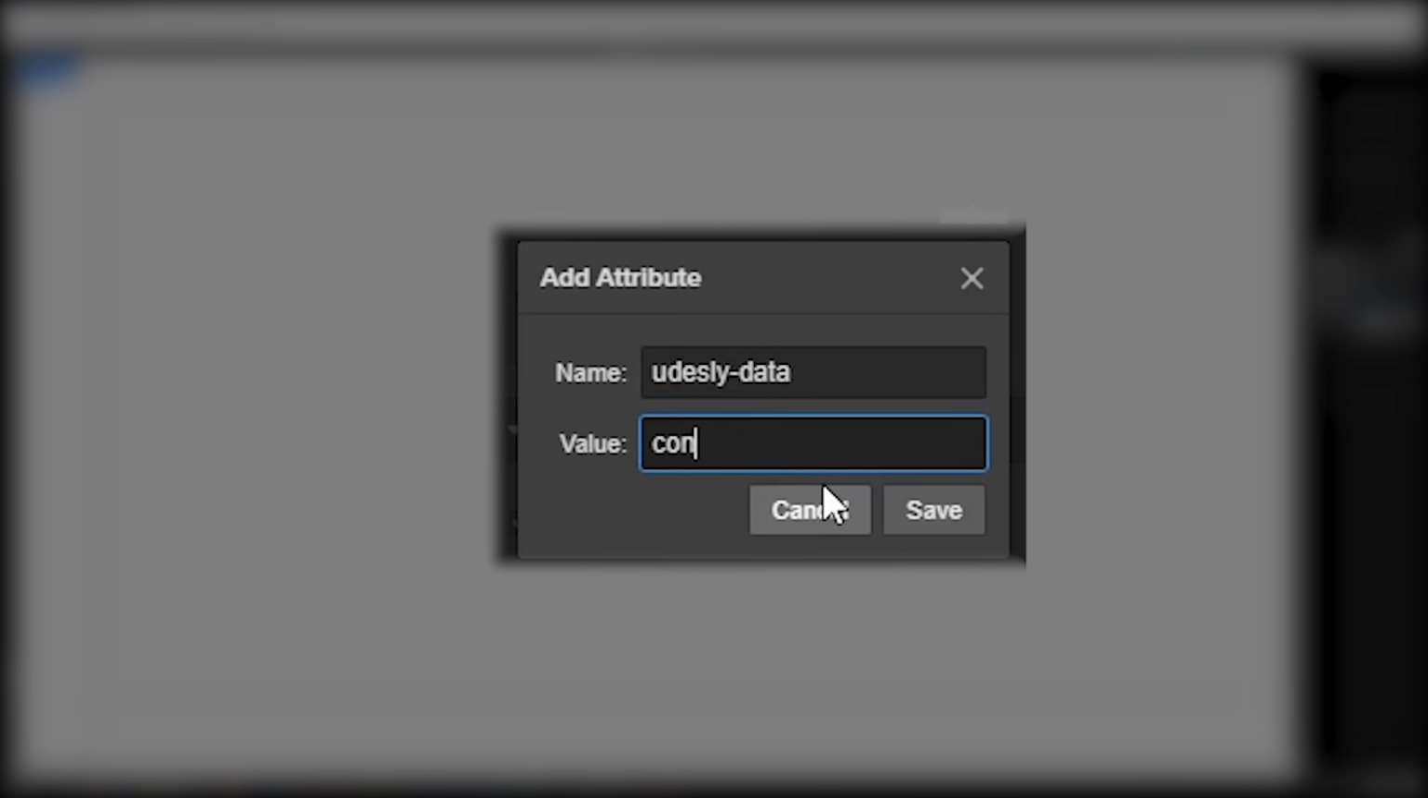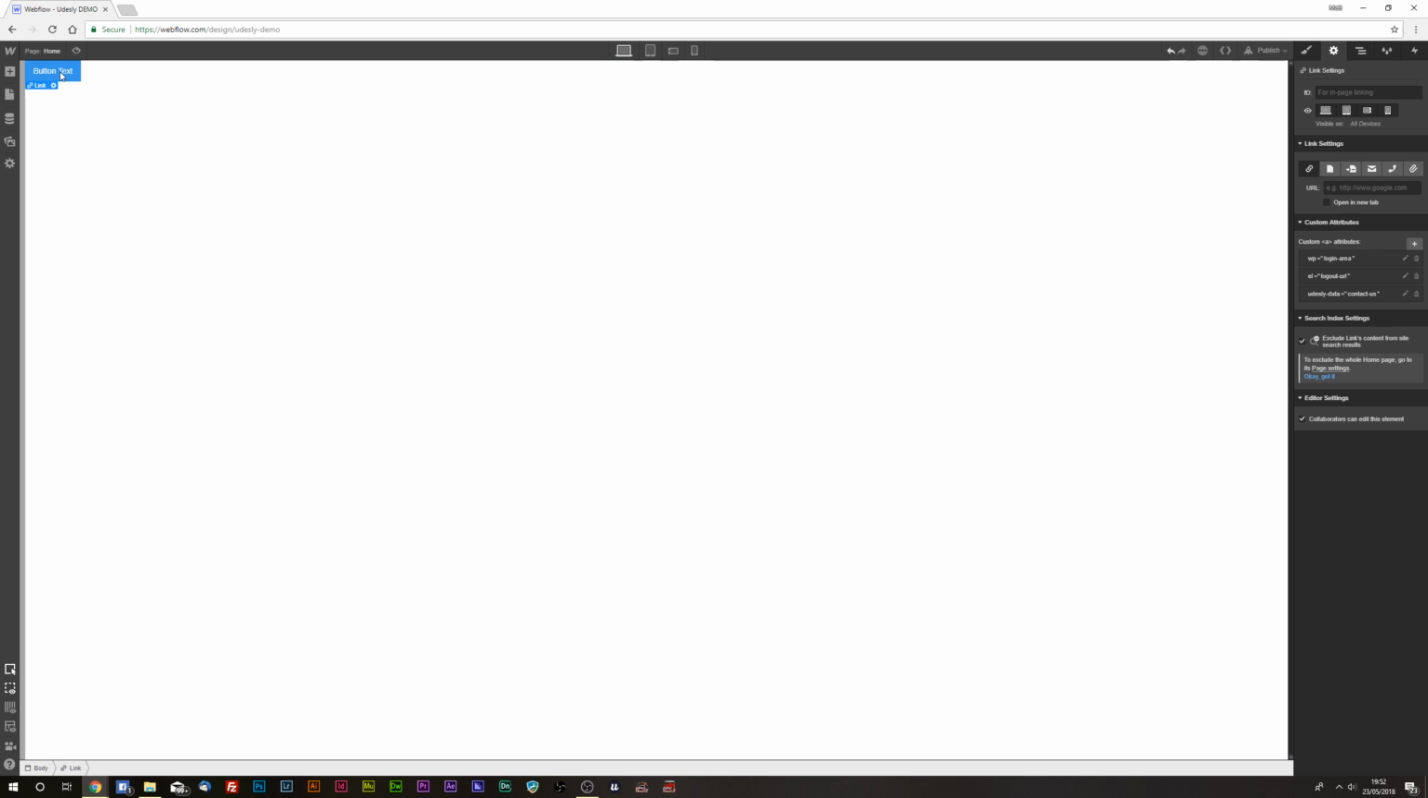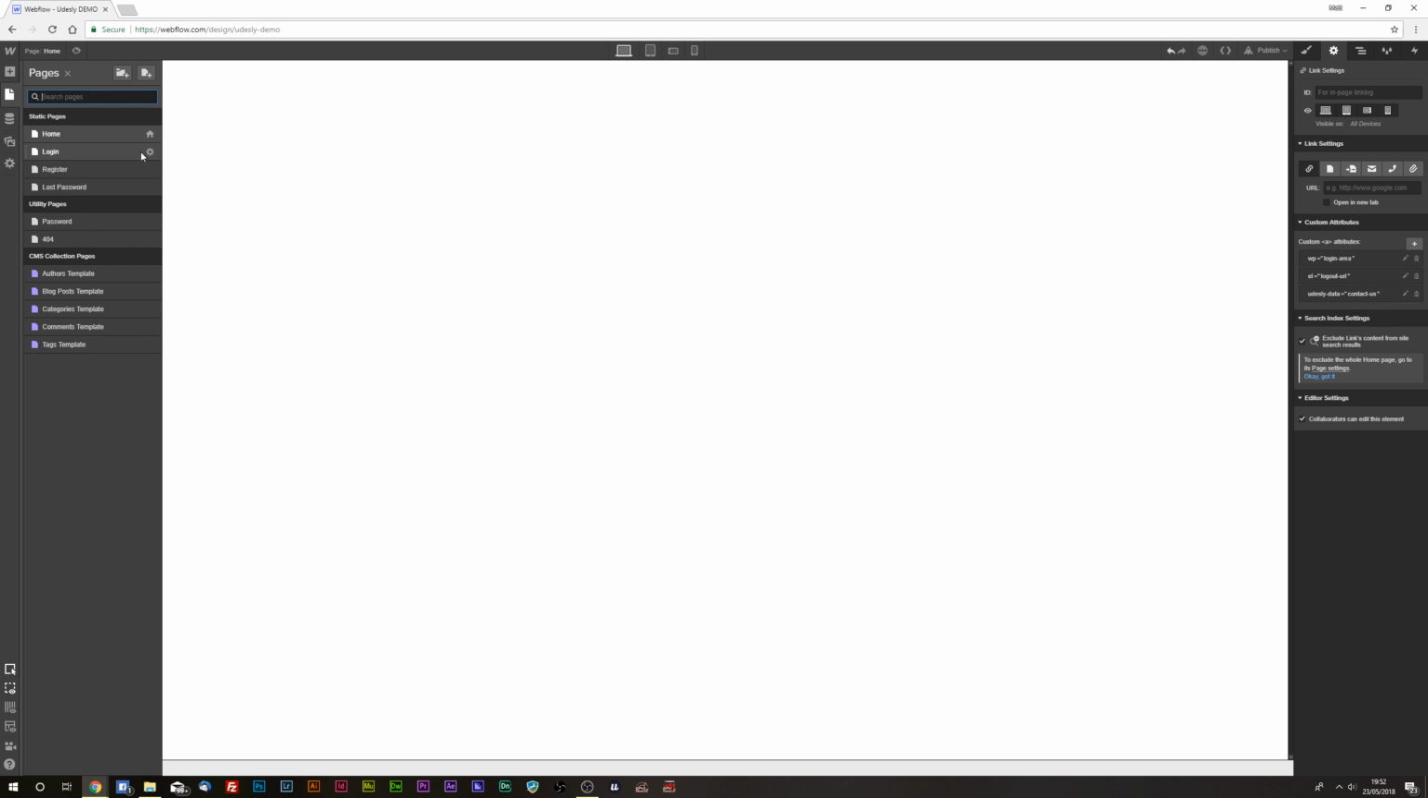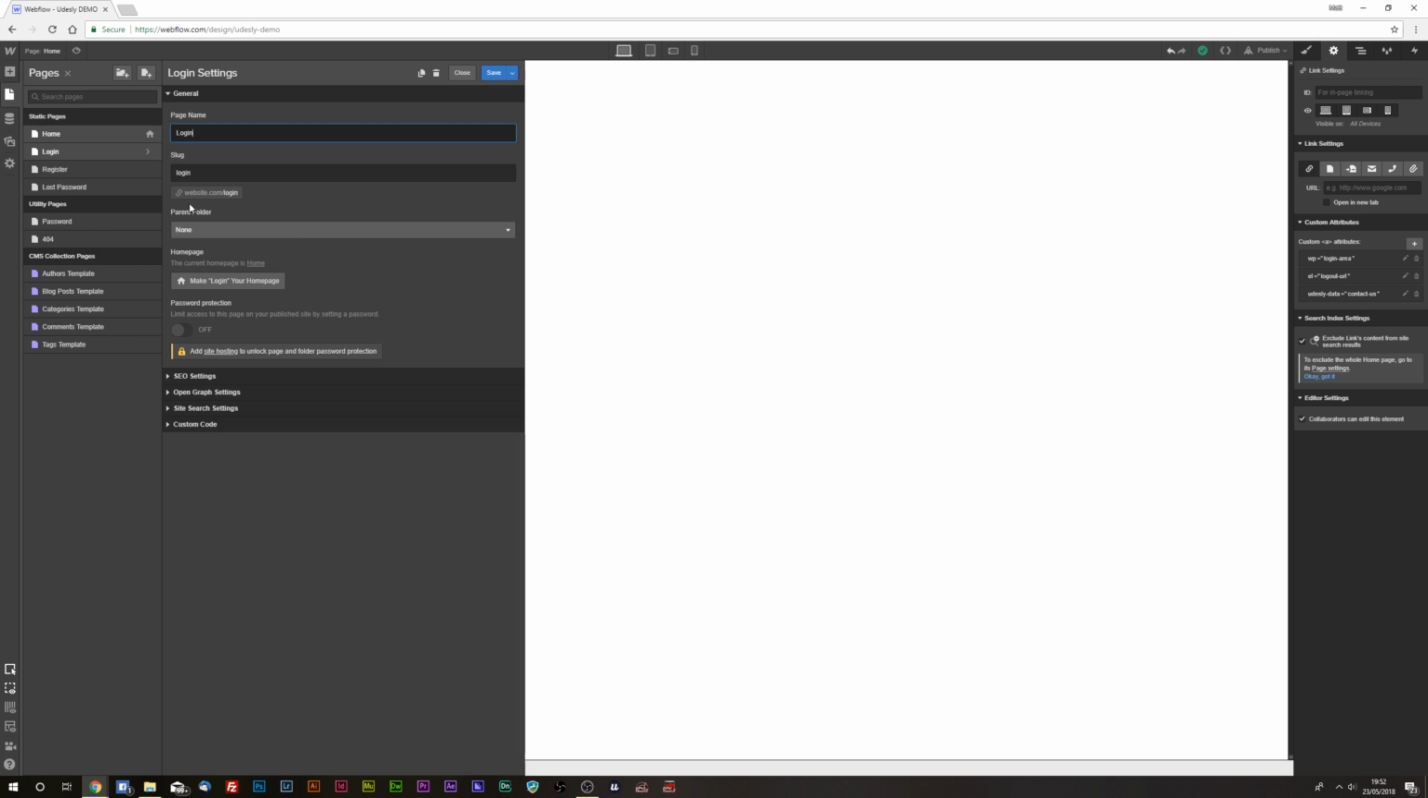So if it's a contact-us page, then when the user clicks on this button, they'll be taken to the contact us page. Just make sure that is the slug of your page. For example, here you can see that my